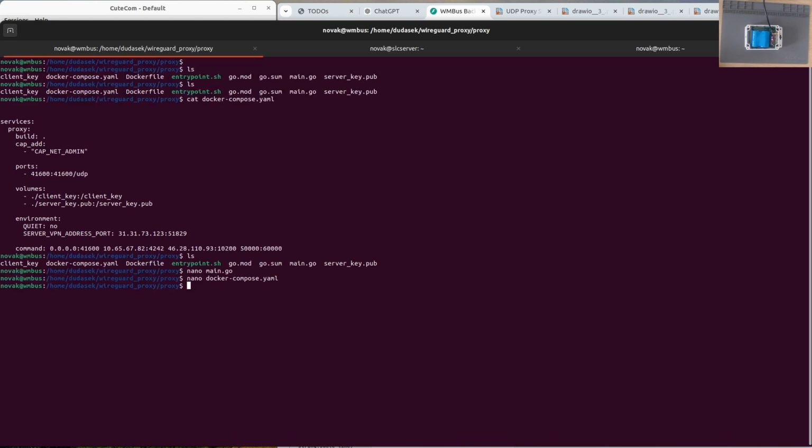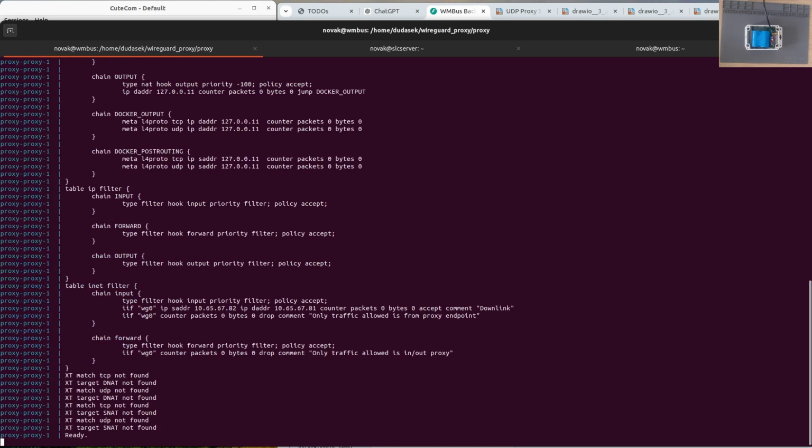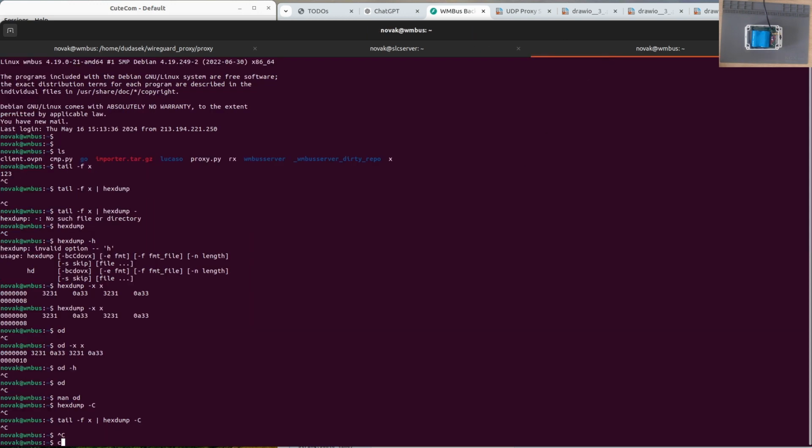Okay, so now I will start it. So it will be Docker Compose. I will first put it down. Okay, now I will start it. Okay, now it's started. We can for example check what's